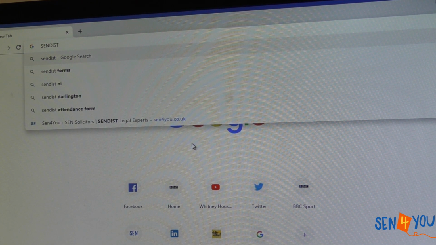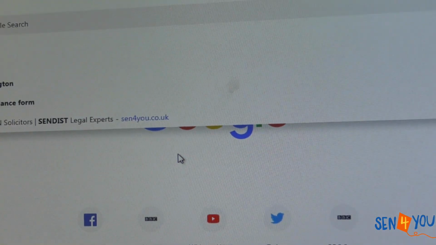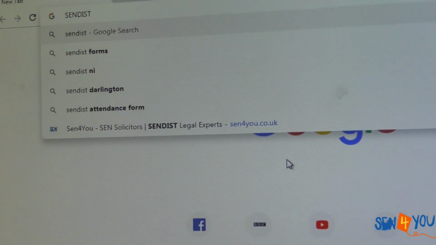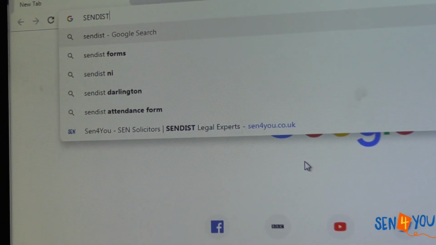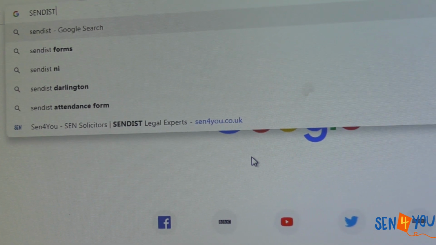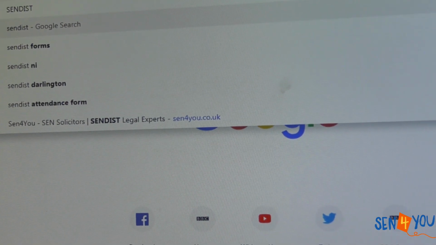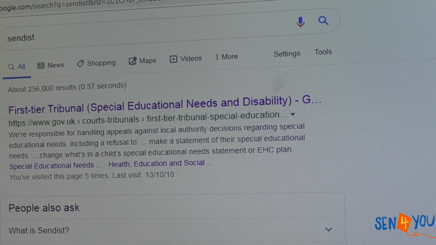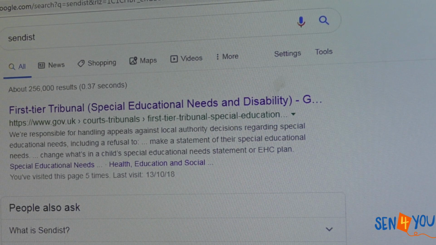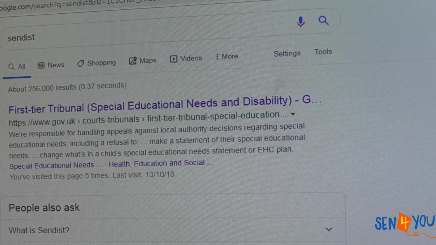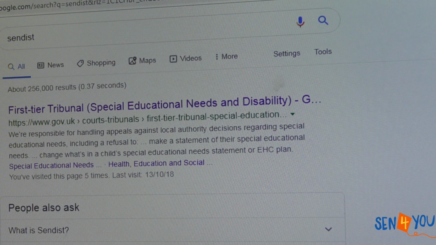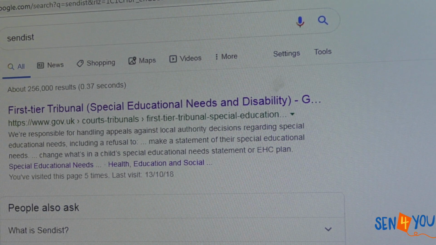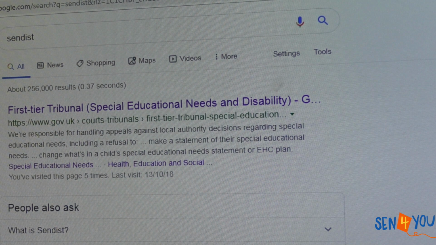What we're going to first do is go into your search engine, and at the very top you'll see there's reference to the SENDIST. If you type that into Google, that will bring you to a home page, where the very first thing that comes up is called the First Tier Tribunal, Special Educational Needs and Disability. That's where you can lodge your appeal if you're unhappy with the local authority's decision, and the tribunal can hear appeals against a range of things, including